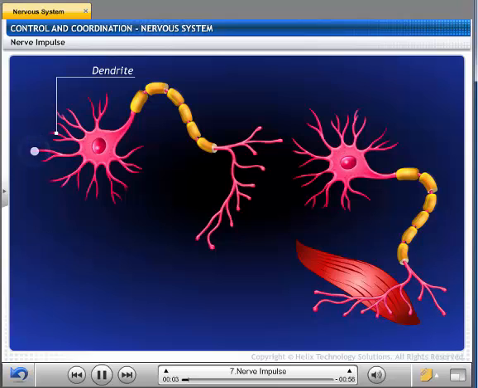When a neuron is stimulated, the dendritic tips of the nerve cell generate a tiny electrical impulse. This impulse travels from the dendrite to the cell body and then along the axon to its end. At the end of the axon, the electrical impulse releases some chemicals which cross the gap, called the synapse, and start a similar electrical impulse in a dendrite of the next neuron. This is generally how the nervous impulses travel in the body.